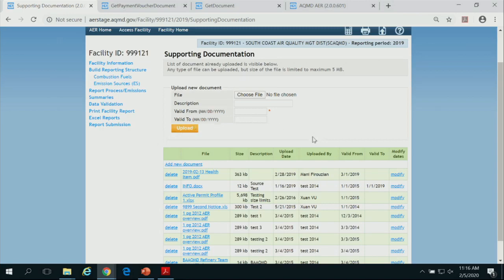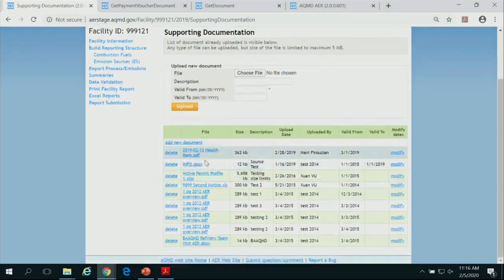So that piece of document is going to show up in every report until the point in time that you realize that, oh, they changed it. Then you can come to this page, and any of these records, let's say this document I added, I have the upload date and valid from.